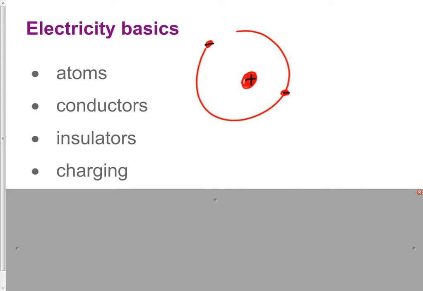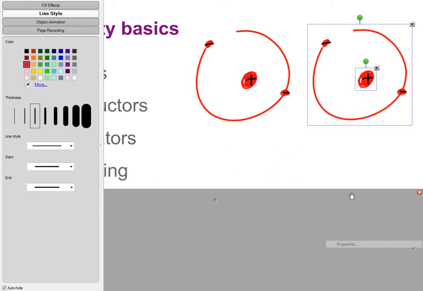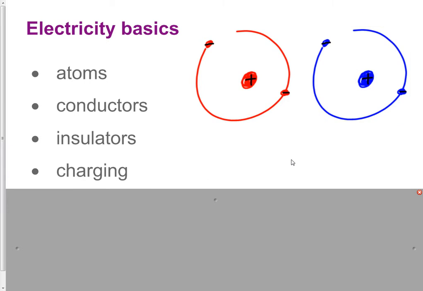And materials made of atoms, which is everything, pretty much, can be charged. They can gain a net electric charge, and the way you've probably done that is by rubbing two things together. So if I quickly duplicate this atom here, and maybe just make it a different color. If you rub two different substances together, like, I don't know, a plastic ruler on a jumper, or a balloon on your skin or your hair, sometimes,